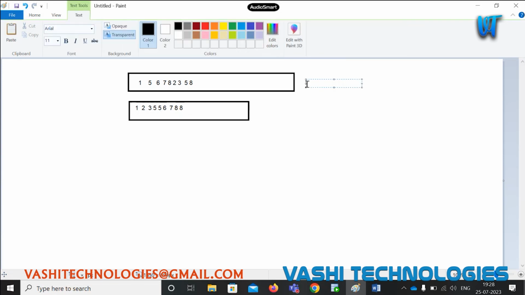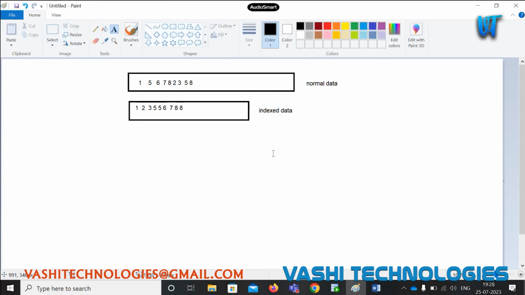See, it's normal data. That is indexed data. If you create the index for any column, based on that particular column I'm going to sort the data at the back end. I'm creating some copy of the data. It won't be maintained physically anywhere in the database. It just creates some address IDs for every record. Address ID in the sense of an index ID for every record, and it sorts that information and keeps it in sorted